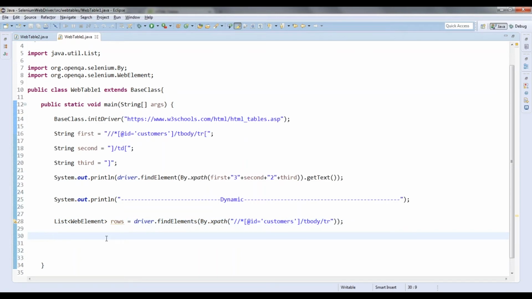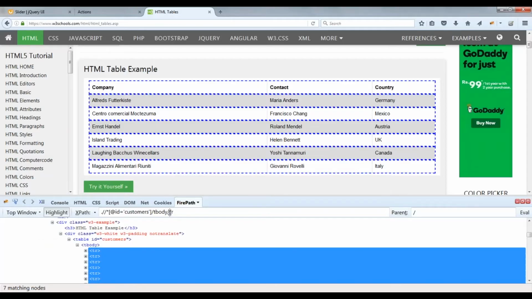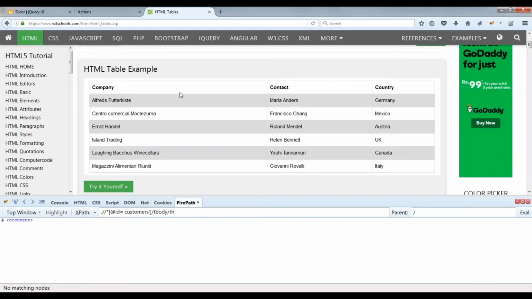First I will get the row count, and then I am going to get the column count. What is the column count here? Either you give TD or TH, anything you give, the column count will be the same. So instead of TD, I am going to give TH, which will give me the number of columns inside this particular table.